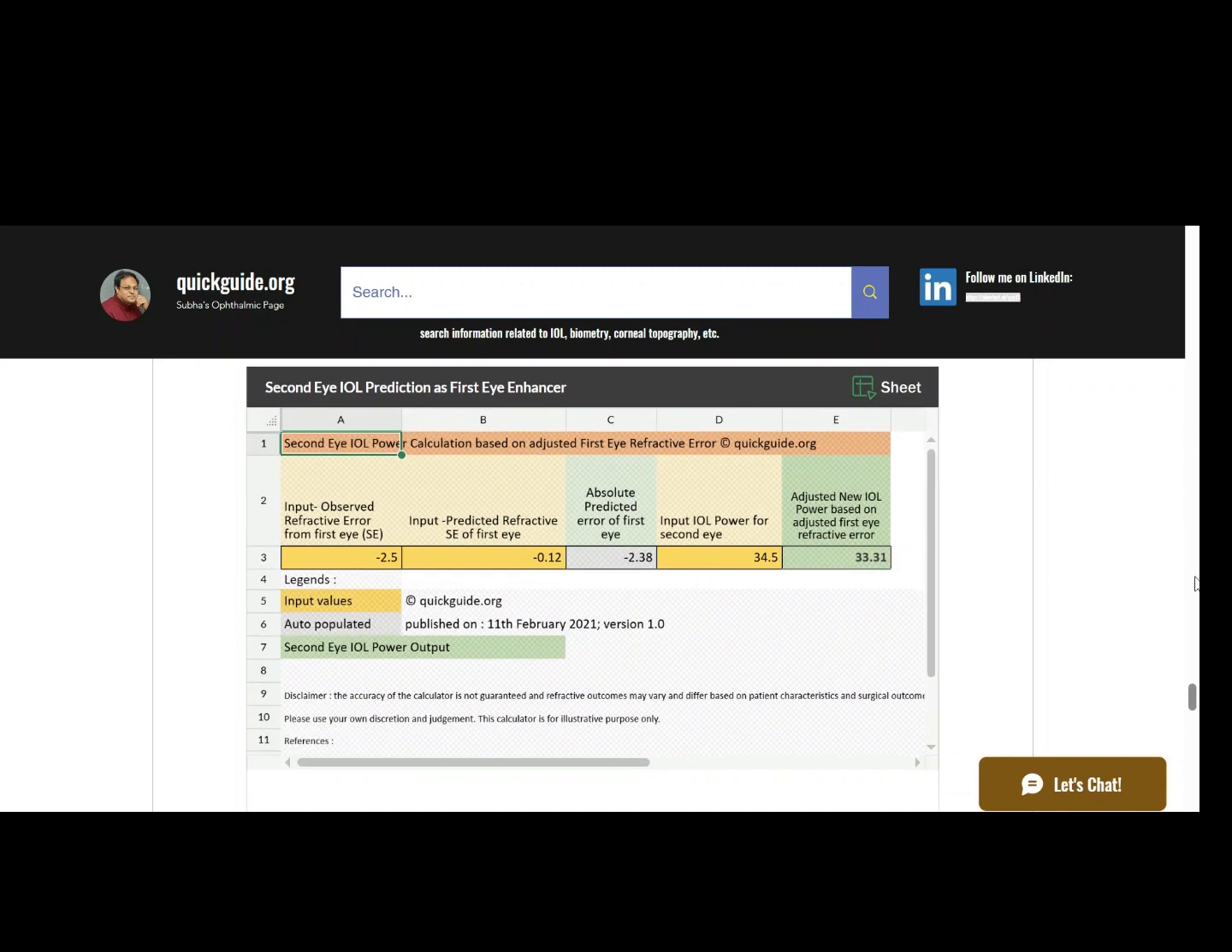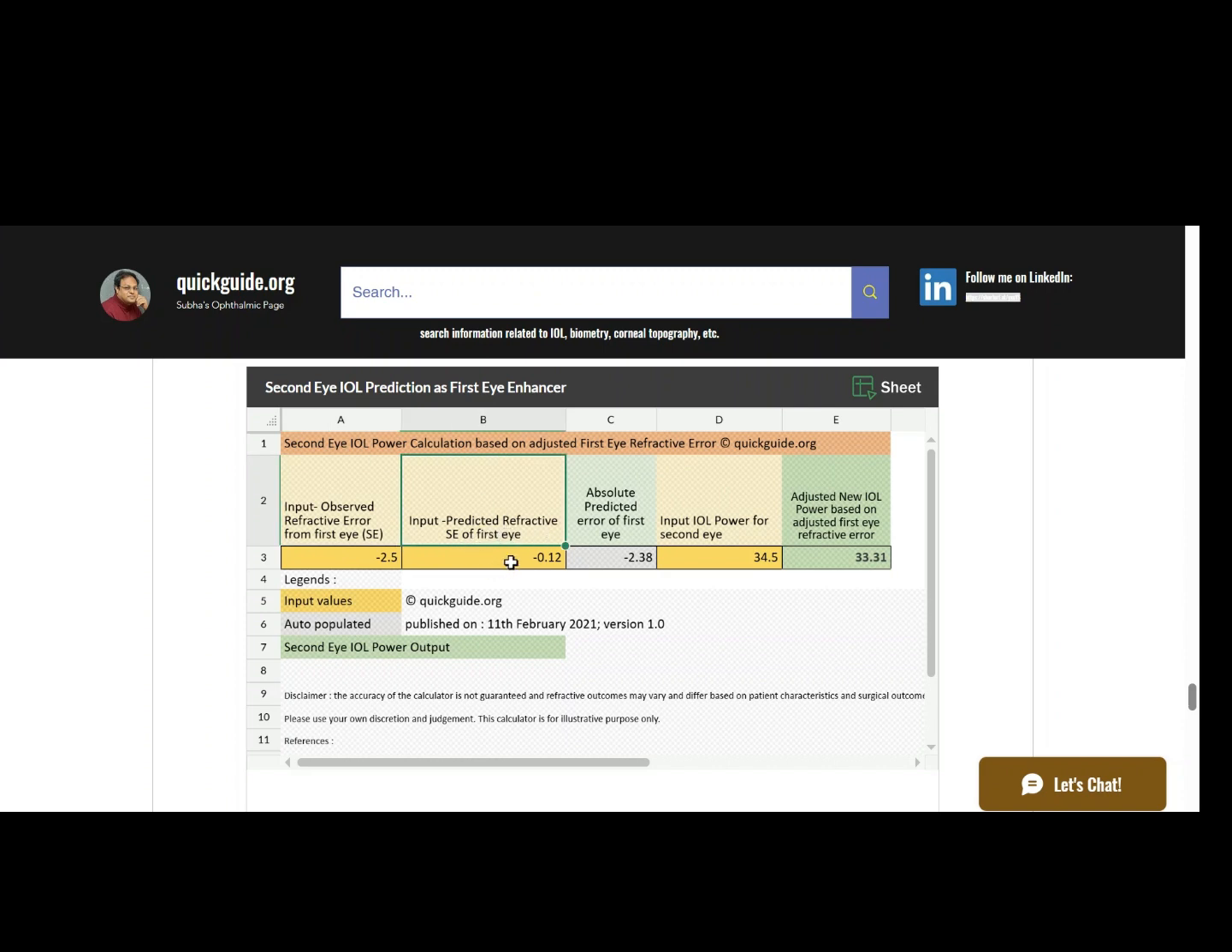And now, the last thing that I would like to talk to you about here is, now that you have the refractive error in the first eye, what would you do with the second eye? Would you target the same power? So, this calculator helps you to target an IOL power for the second eye based on the refractive surprise in the first eye. So, for example, if you have an observed refractive error of minus 2.5 diopters, that is myopic error, but your